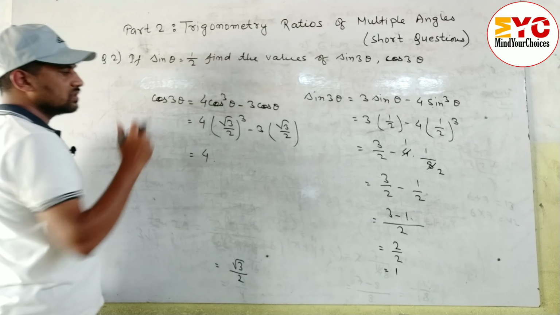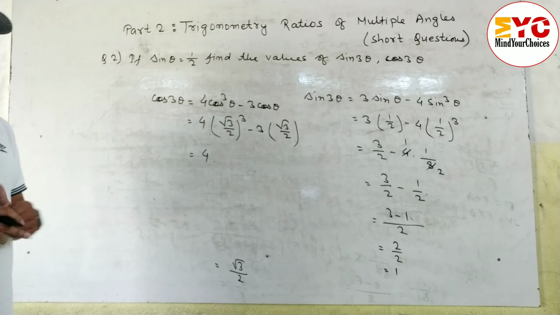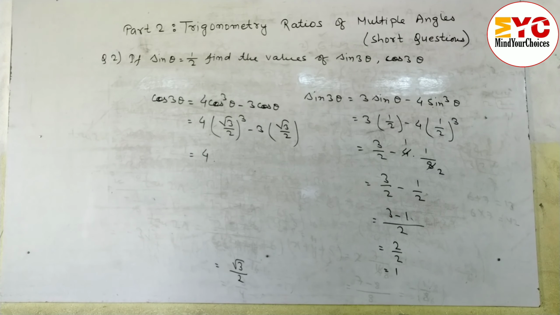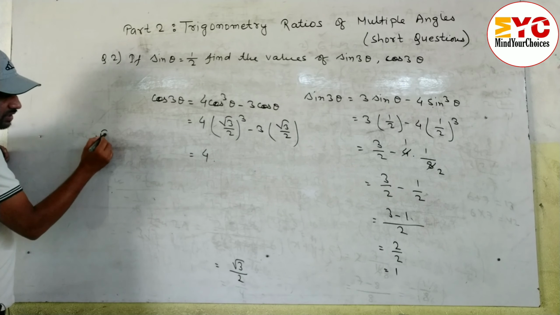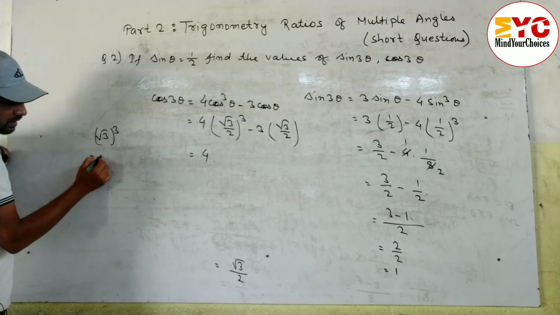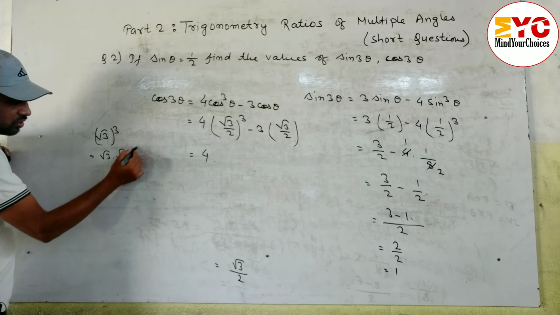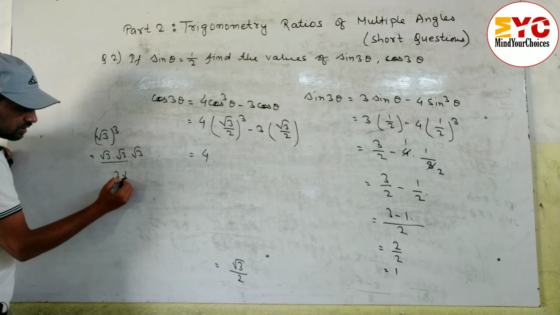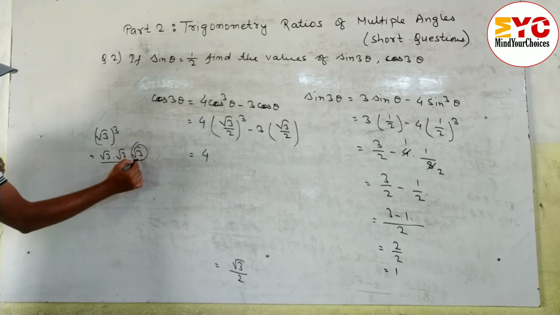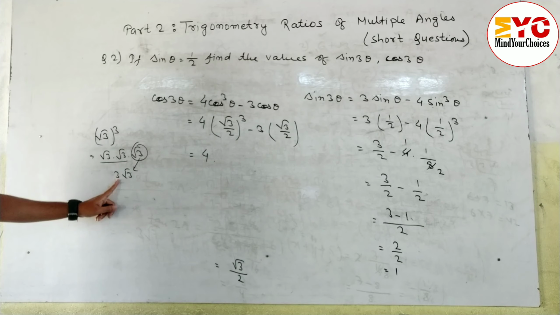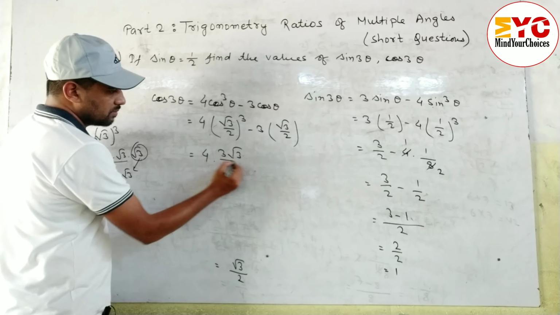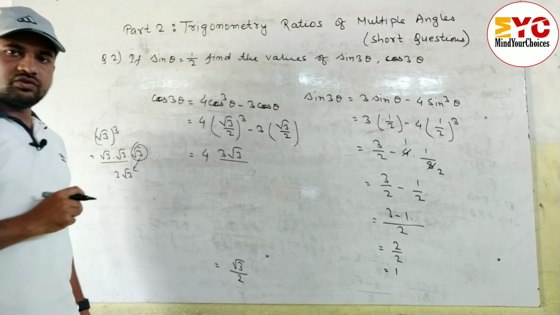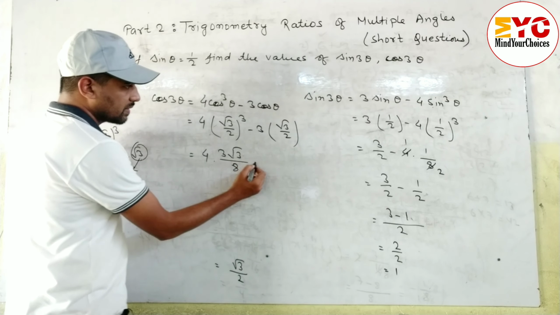4. Now this one, look at here properly. Root 3 power 3 means what? Guess once. Root 3 power 3 means root 3 into root 3 into root 3. Root 3 into root 3 means 3, root 3 is remaining. So we can write here 3 root 3 by 2 power 3, 2 into 2 into 2 means 8, minus